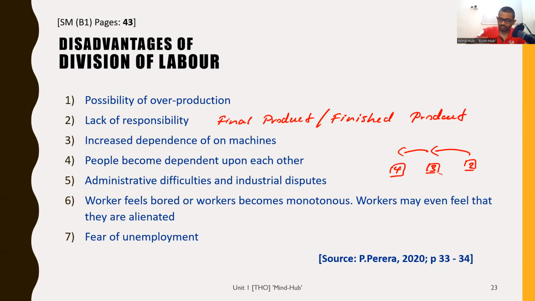Remember I said that specialization is going to improve mobility also, right? At the same time, that specialization could lead to a bit of immobility also, because you have specialized so much in one task that when you can't find a job in that exact activity, that specialization you have, it's difficult for you to go from one job to another. Okay, because you are so specialized in one thing.